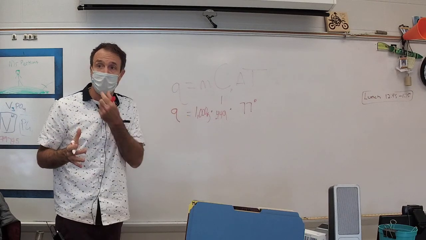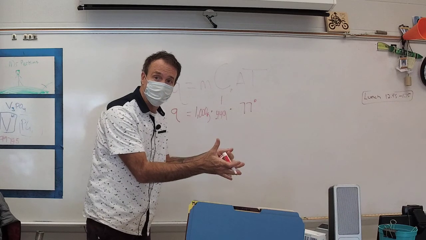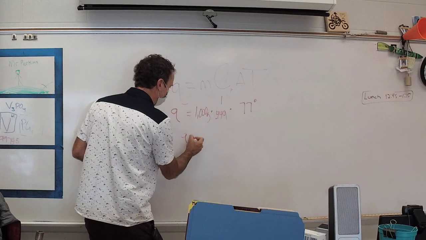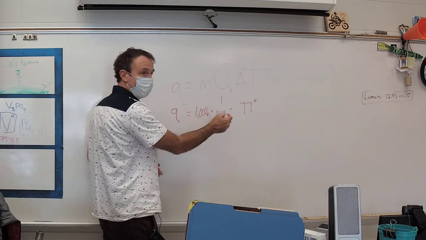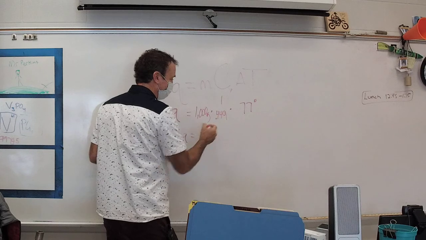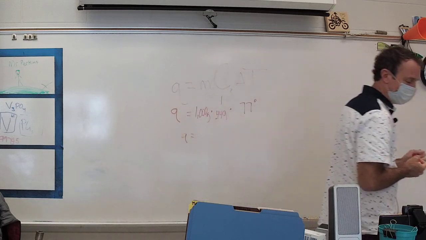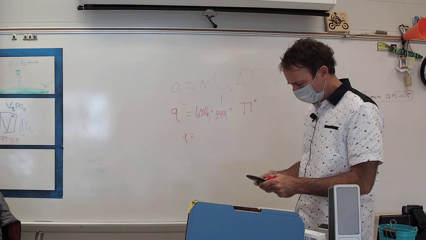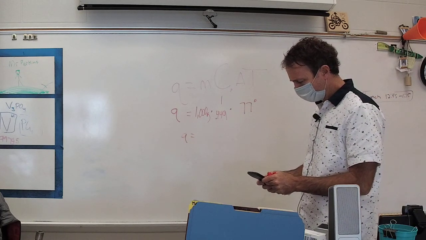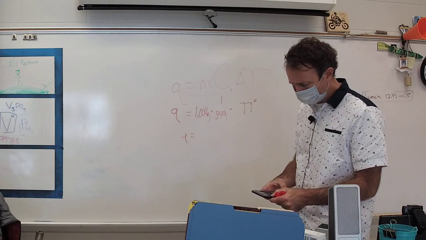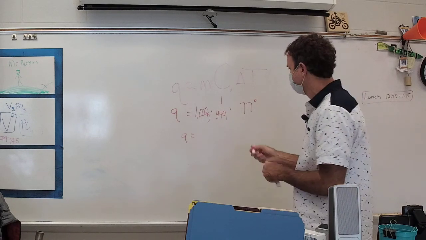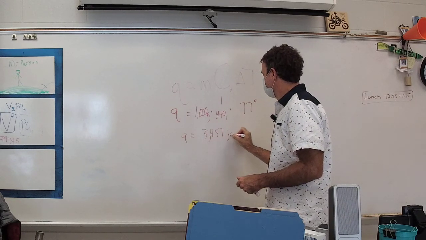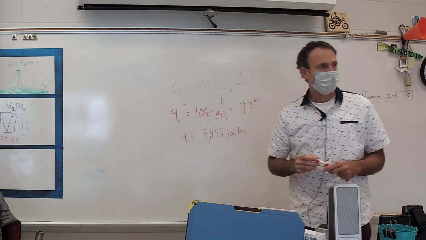Then how much energy did you get from that chunk of metal? How much energy was used? You got that energy from the wood stove, and then you use that energy to do some work. The amount of energy you use would be 1,000 times 0.449 times 77. So you take your calculator and you multiply those three numbers. 1,000 times 0.449 times 77 equals 3,457 joules of energy.